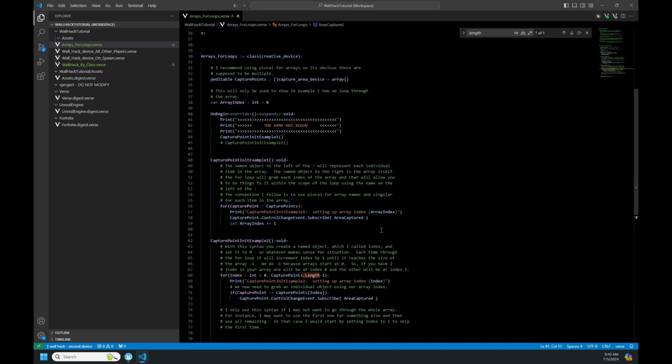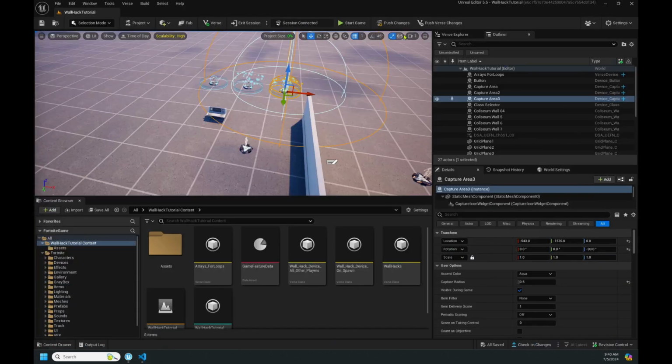All right, so you can see here that we have example 1 enabled right now. So let's actually minimize our code. Let's push changes. Wait for it. Wait for it. All right,